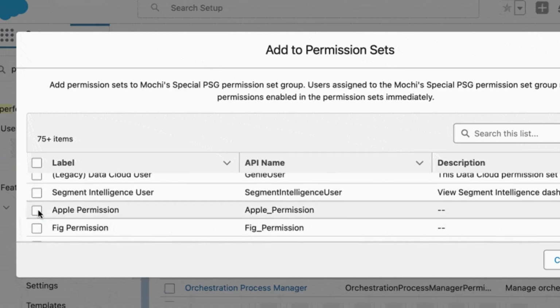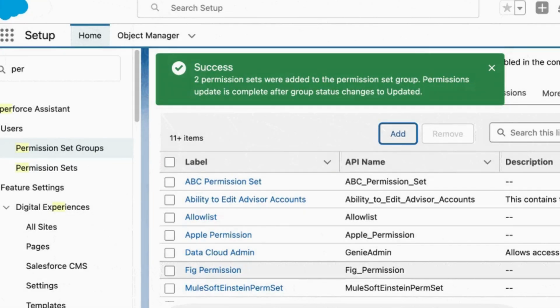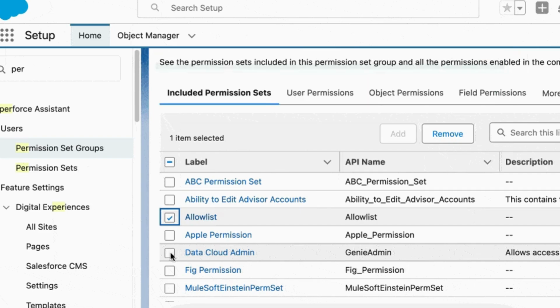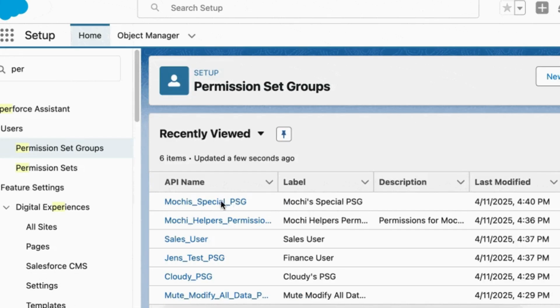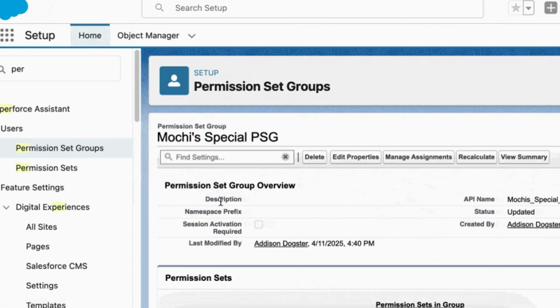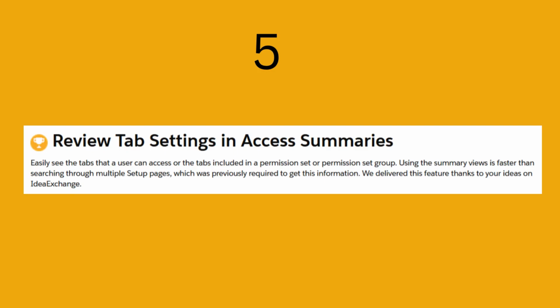We can add any permission set to the permission set group. We will choose, and now it is saved. Similarly, we can also remove any permission set from this permission set group. Okay, it's removed.